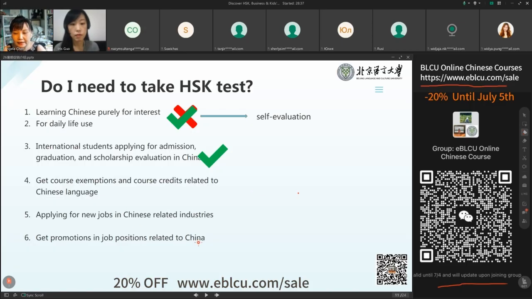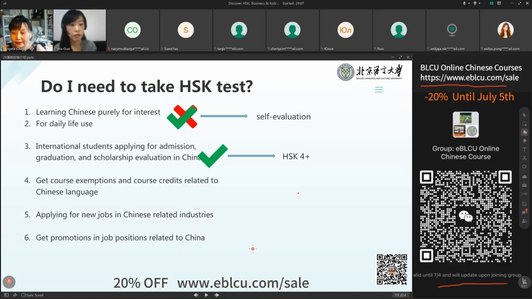So usually, if you want to become an international student in China, you really need an HSK test score. And also they have relatively higher requirements if you want to get a scholarship. So HSK 4 or higher level is required, usually depending on different universities. And number 4,